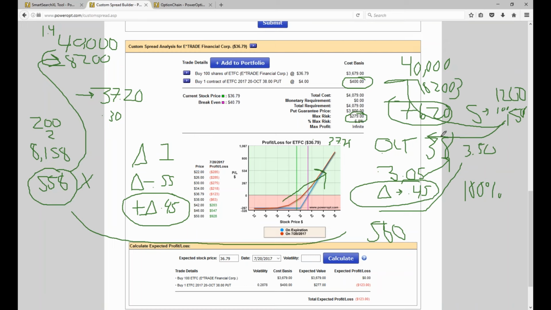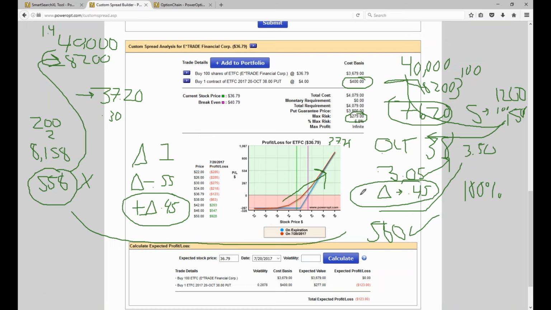And if you use most of this 8,200 to spread across different calls, number one, the return if E-Trade moves up 20%, yeah, you'd make 20% on this, but it would be muted by the others that had a little loss, had a little gain, and so forth, okay? And at the same time, if you do that total 8,200 in long calls, if there's a market turn, you could quickly see you're losing close to 100% of that 8,200 you invested. Let's even call it 7,500 that you invested.